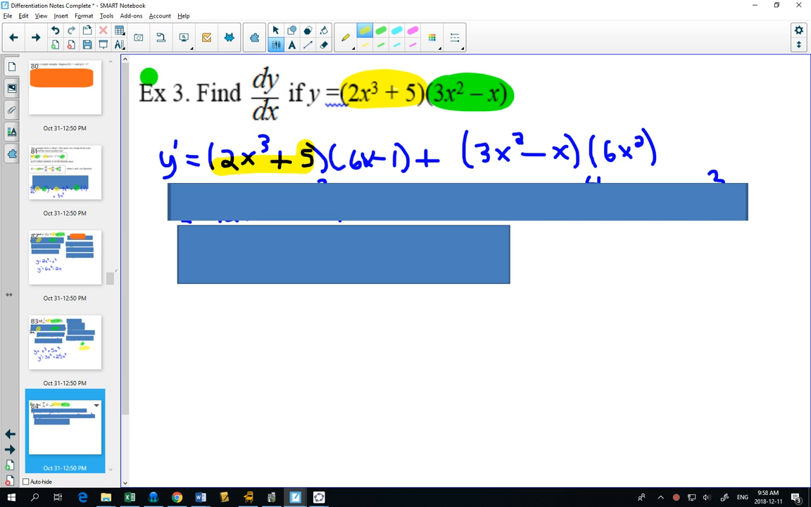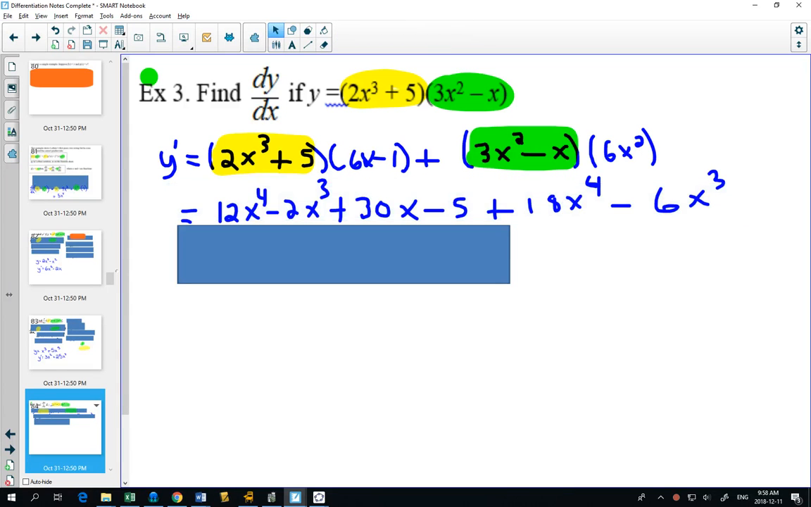Keep the first function the same. Multiply by the derivative of the second function. Then keep the second function the same, and multiply by the derivative of the first function. Now, often on tests and exams, you do not even need to simplify. You're done. One line, you wrote your answer. This would be given full marks. No need to simplify. If we wanted to simplify because the answer at the back of the book is simplified,